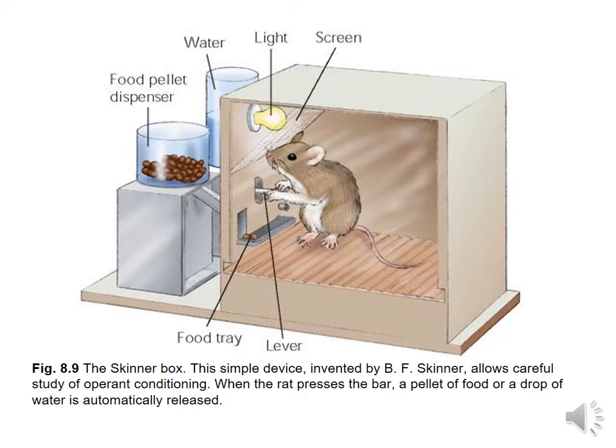Eventually, it would bump into the lever. The lever would dispense a food pellet. This would be rewarding to the rat, and the rat would again try to figure out what it had done to get the food pellet reward. Eventually, over trial and error, the rat would find that when it pressed down on the lever, it would get a food reward. And this behavior would continue to increase. There would be less searching, less crawling up the walls, and an immediate response of going to pull the lever